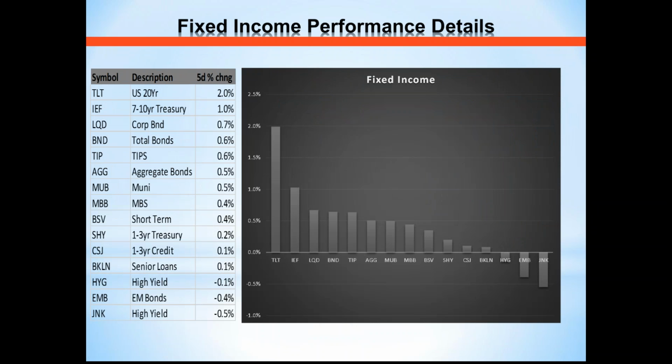Then fixed income. I'm not sure why this chart came out with the colors, but try to get past that. TLT rallied a bit this week, kind of a flight to safety. So Greg asked, do I like VGK more than EWG? It's a little bit more diversified. I chose VGK because there was a buyer right before the market closed in VGK. VGK is all of Europe. It does have a decent weighting towards